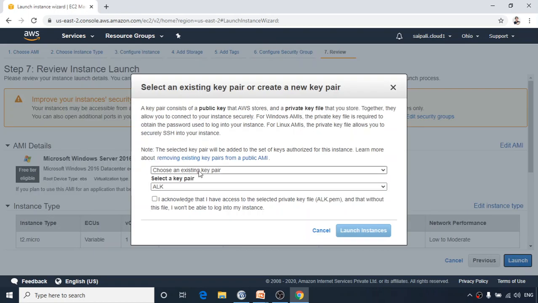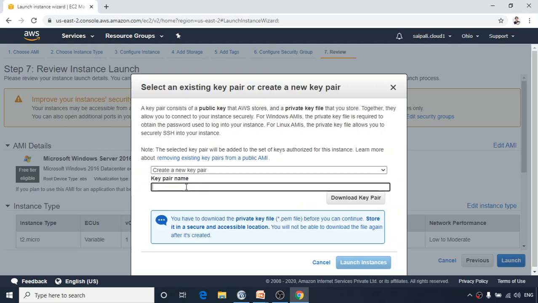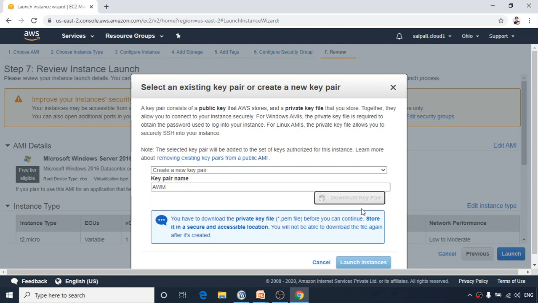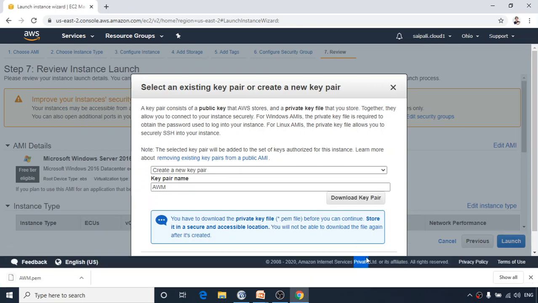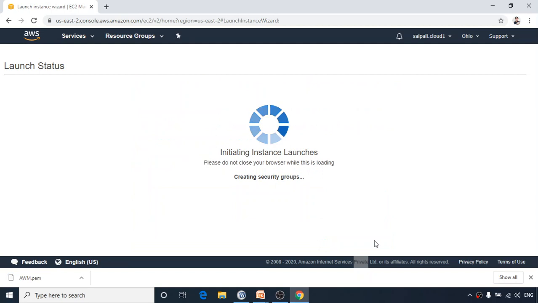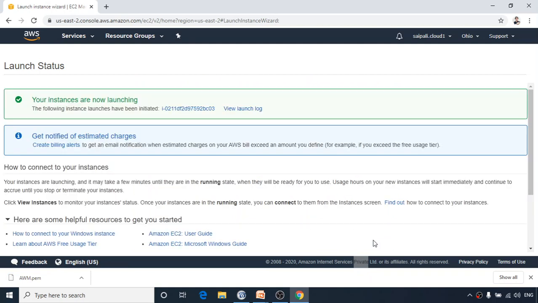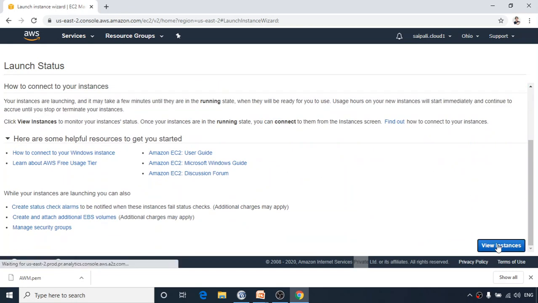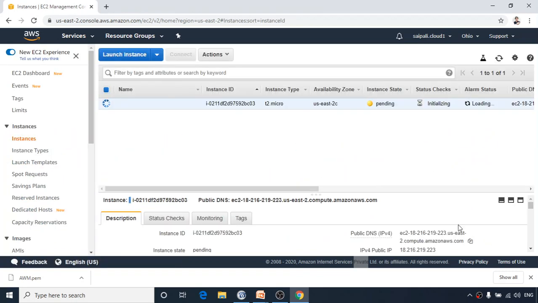I can create a key for the Amazon Windows machine. Launch the instance. So I now have at least an EC2 instance on which we can set the alarm. So let's go to view instance. This is the instance getting ready.